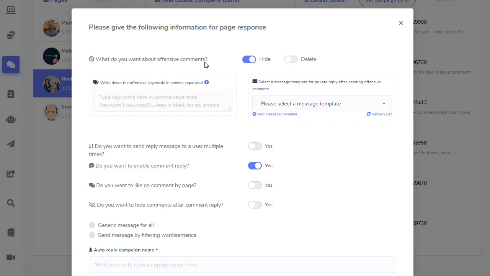What do you want to do about offensive comments? Sometimes there are people who post hateful stuff on your Facebook pages. Maybe they're offensive. Maybe they're competitors, and so you can choose to hide their comments, or you can choose to delete their comments. And so you put all the keywords in here. You can put your competitors' keywords,